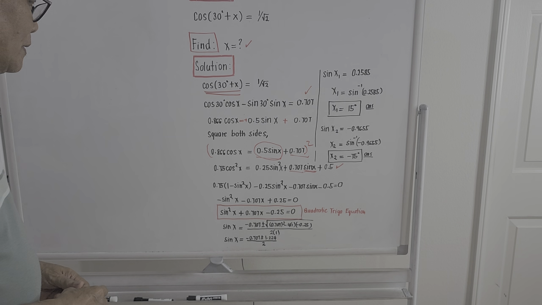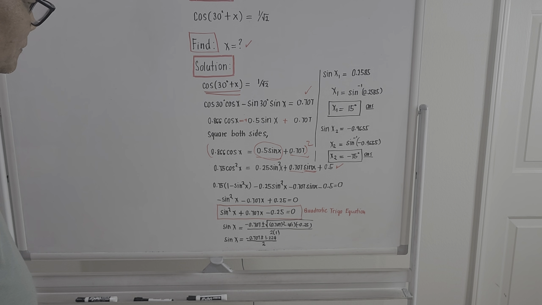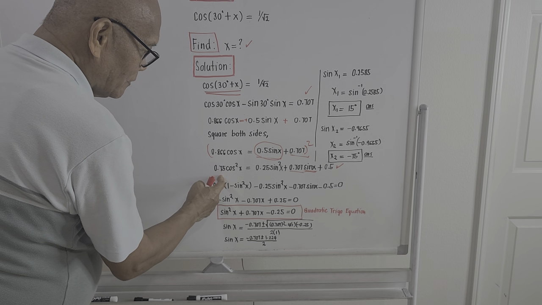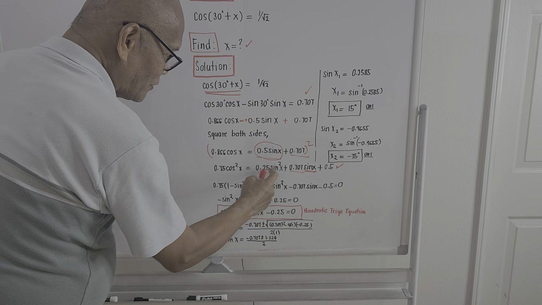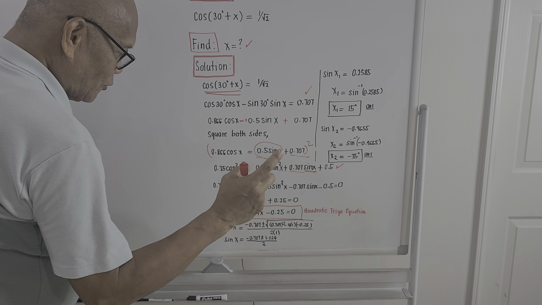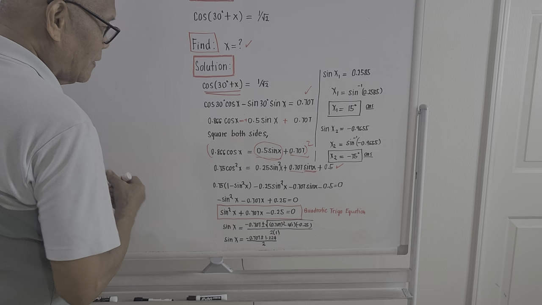Okay, for the left hand side, since this is a cosine square function, the right hand side involves sine square function and simply sine function plus a constant. I would like to replace this cosine square of x by its equivalent. That is